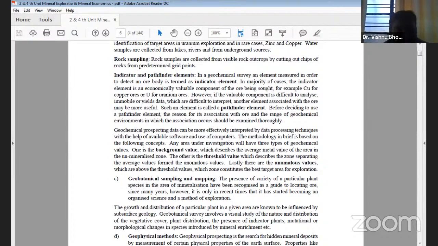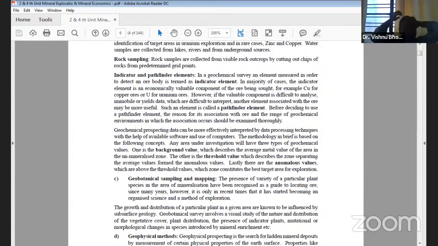One is the background value, which describes the average metal value in the area where it is an unmineralized zone. Suppose you want to find out the mineralization zone or threshold values in certain areas. So what to do? Before going to the analysis of that area,